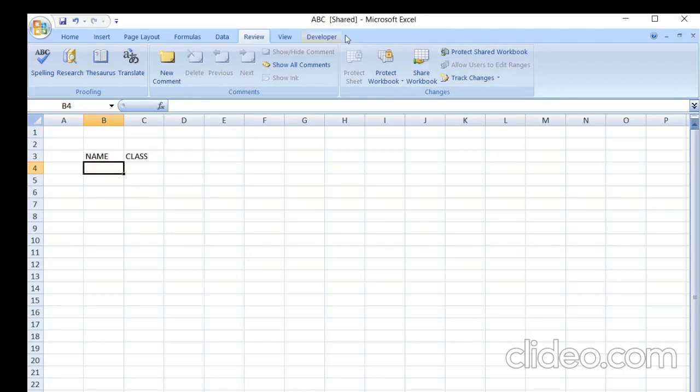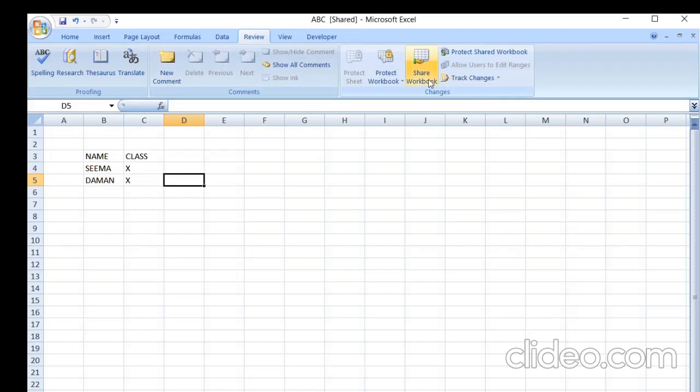The file name has the word shared, which I have not written. So automatically a file name with the word shared is there. That means this file is in a shared form, which I am going to share with others, so that others can also do the work in this file.